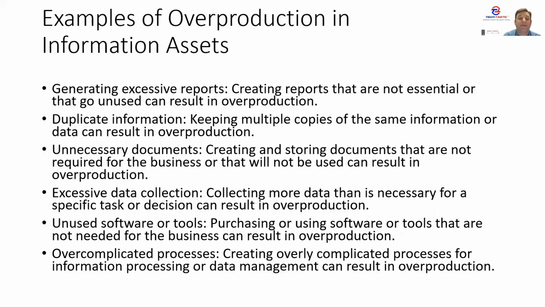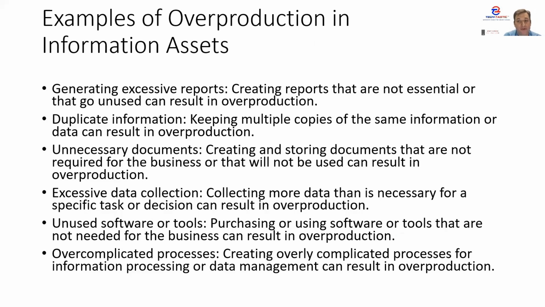So some examples of overproduction in information assets. The biggest one is generating excessive reports. These are reports that we're creating that really no one's going to see, or they're non-essential, or maybe if they do have anything essential to them, we're maybe only pulling out one little part of that report that we're generating to put into another report,